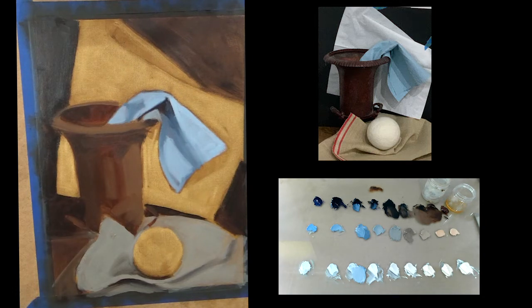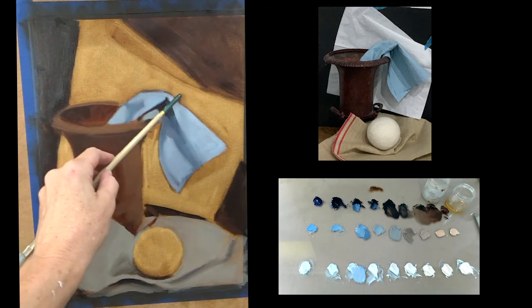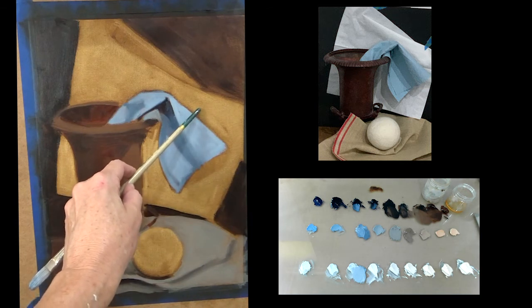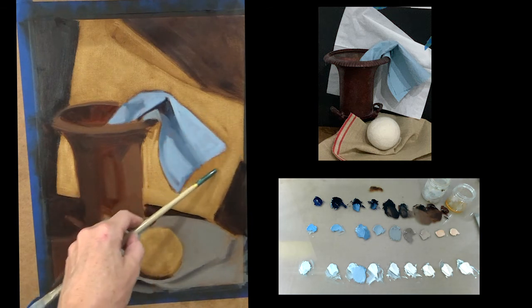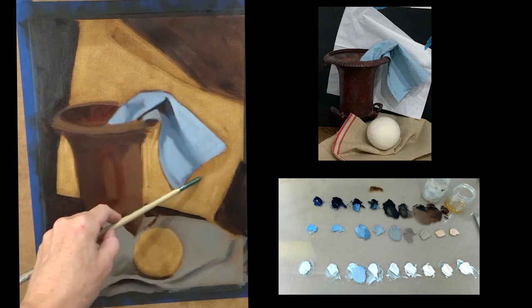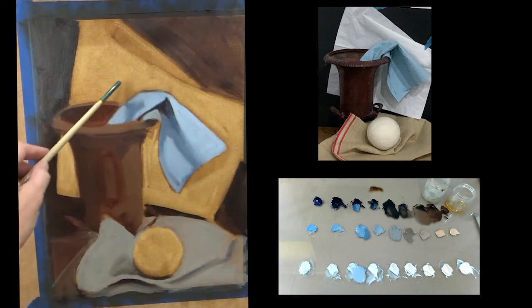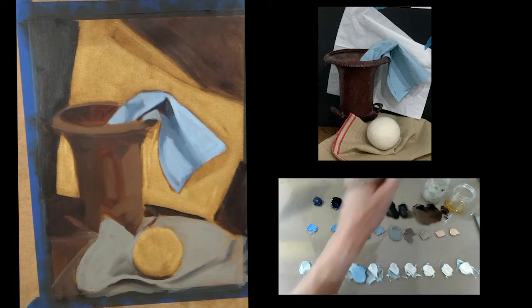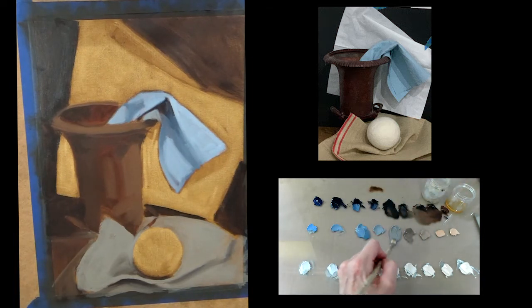Okay. So in the white cloth, I've got a middle tone shadow here and here as it comes down behind that blue cloth. So the blue cloth is lighter in value than the white behind it. So I've got middle tone, and they're going to be really, I think they're pretty gray here, and then it moves into the lighter tones as it gets closer to the light. So I'm going to go with my gray middle tone